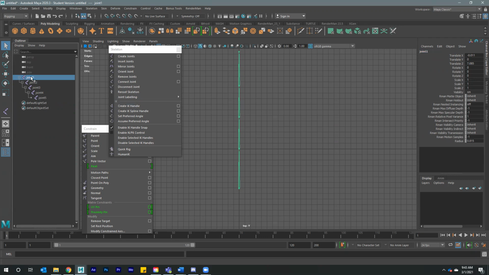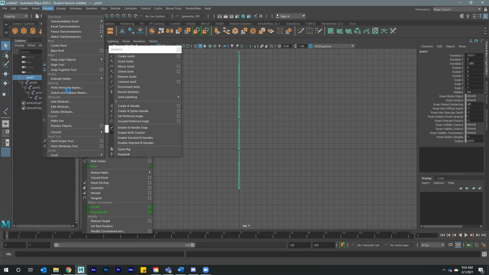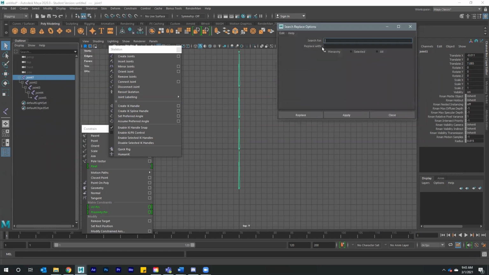If you have a number of objects that are basically the same name, it makes a lot of sense if we actually go modify, search and replace, and we can actually just rename things really quickly. So I'm going to do a search for joint, which all these are named, replace with FK chain example joint